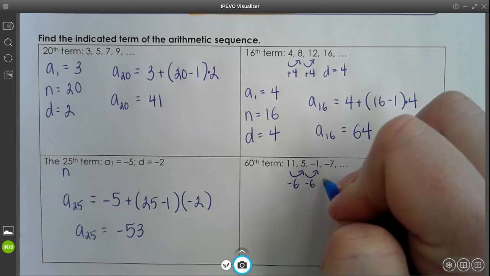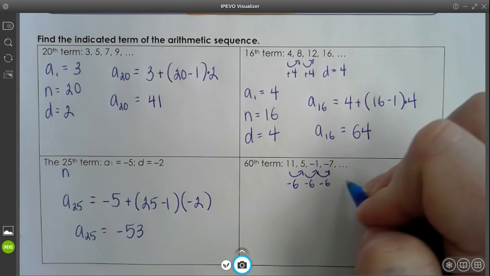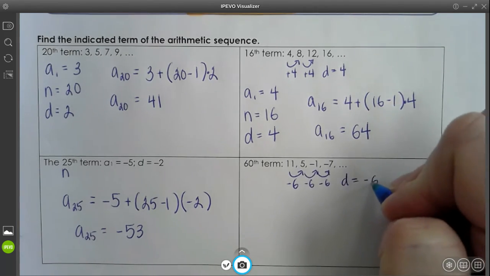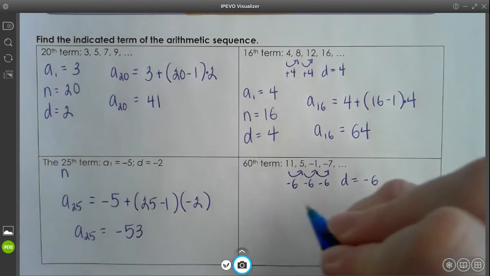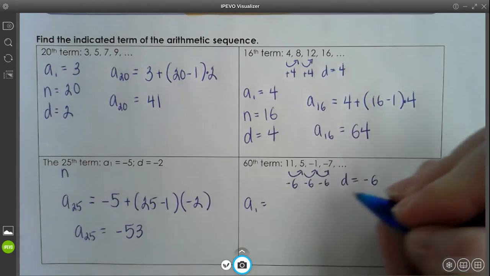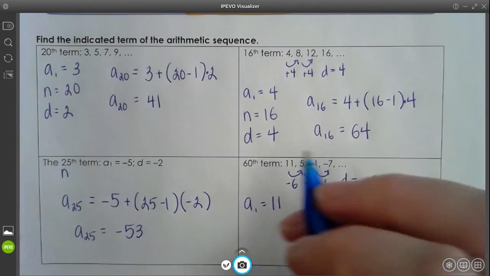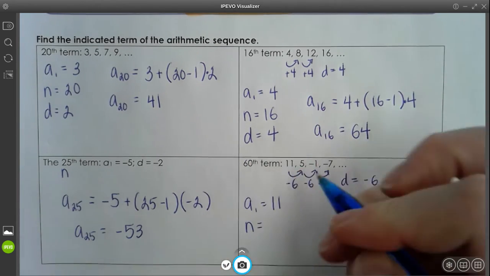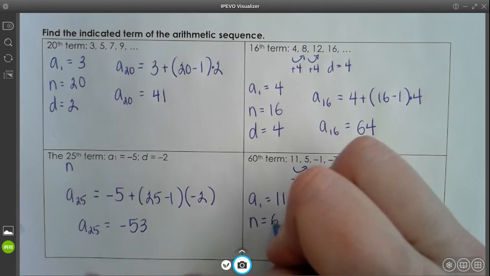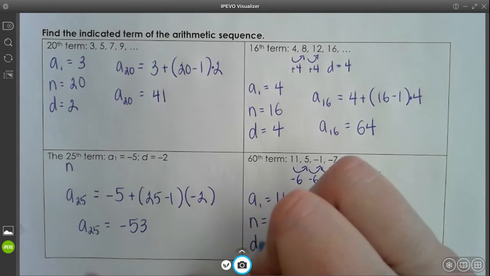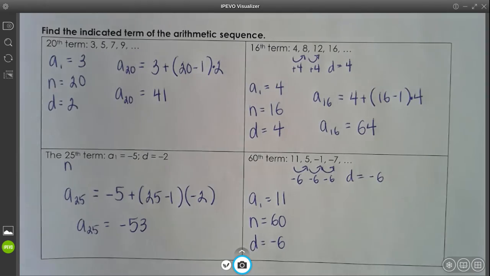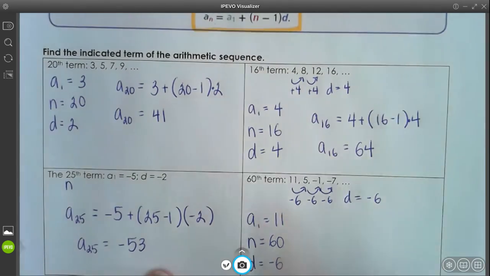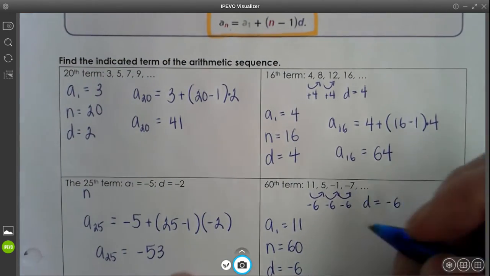If we write out all of our variables, the first term is 11. For n, we're looking for the 60th term, so that's my n. And again, d is negative 6. Okay, so let's substitute in this formula. I'm going to write a sub 60 because we're looking for the 60th term. We're going to start with a sub 1, which is 11,